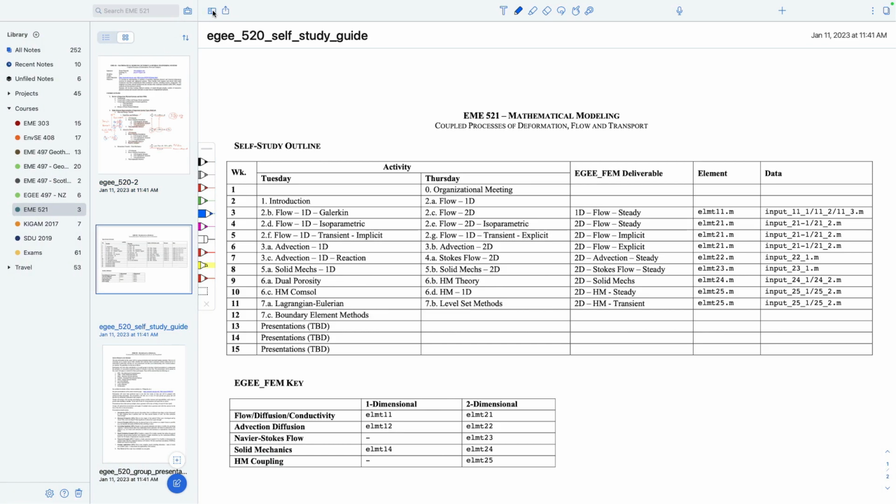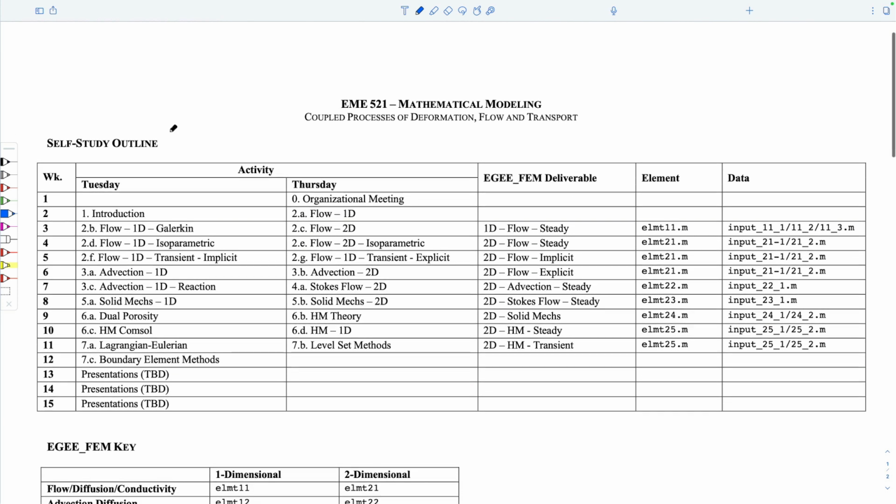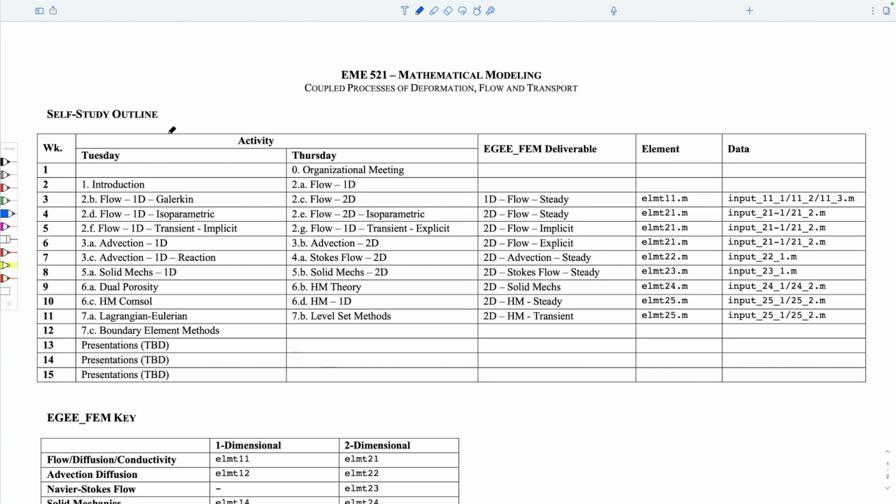You've already seen this form here. From what we've talked about so far, you'll recognize, I hope, some of these things. These are the weeks, 15 weeks for the class. We don't use it to the bitter end, but we do it for the first 12. These are the topics, so this would be